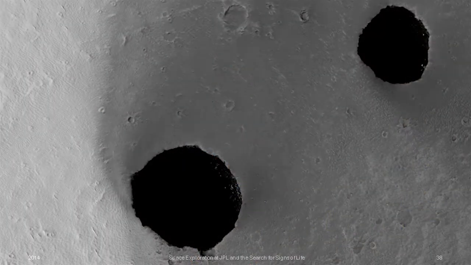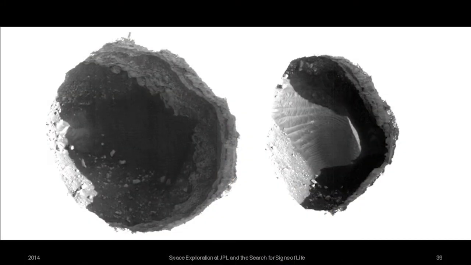Well, those images from orbit showed that there may be water on the surface of Mars today. It doesn't stand in ponds and things like that, but it's very close to the surface. So if that's the case, maybe there may be some underground areas on Mars where it would be moist enough for life to exist. Here you see two entrances to caves on the surface of Mars that we spotted from our orbiting spacecraft. And if you zoom in a little bit, you can see what the inside of the caves look like. So we would very much like to go to these places and look at them in more detail as well,